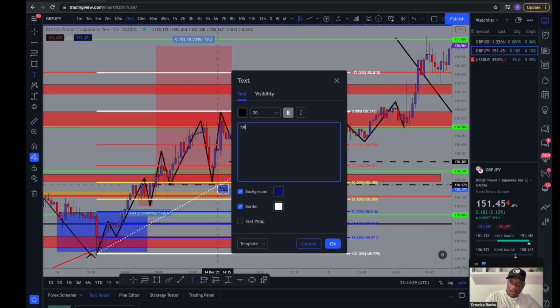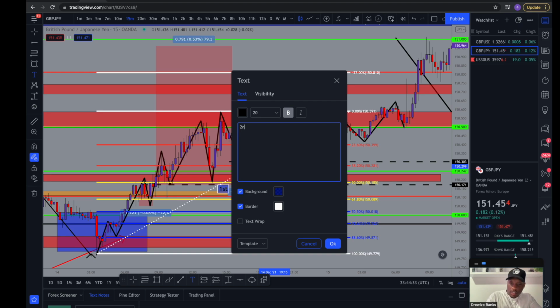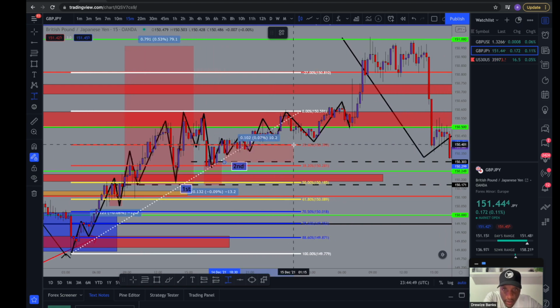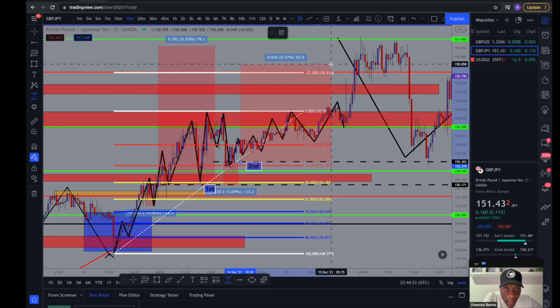First entry, boom. Second entry. So then I have my two entries, both of them with a 12 pip stop loss and a 13 pip stop loss, just in my comfort zone, exactly what I would like to risk. And it's crazy, both these trades I actually exit at the same area. I waited for structure to continue developing and printing, and both these trades were literally exited at the same area,